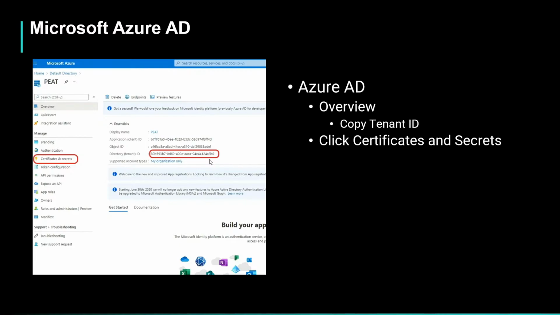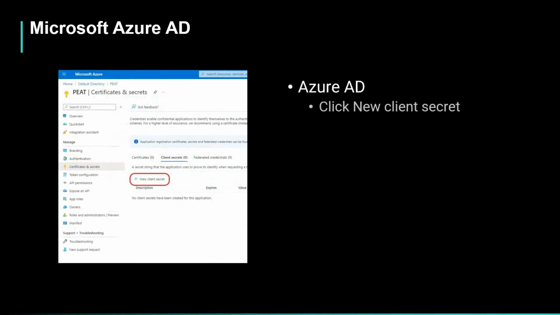Same thing. We need to copy off these values, and we'll be giving them to PowerServer so it can call Azure AD to validate the token. Click certificates and secrets over here,